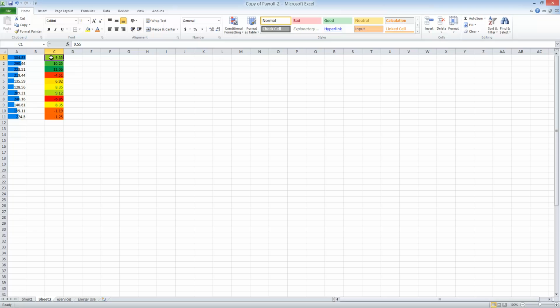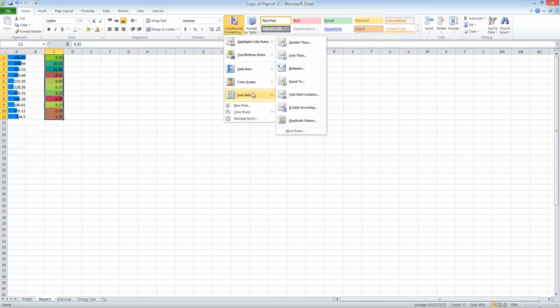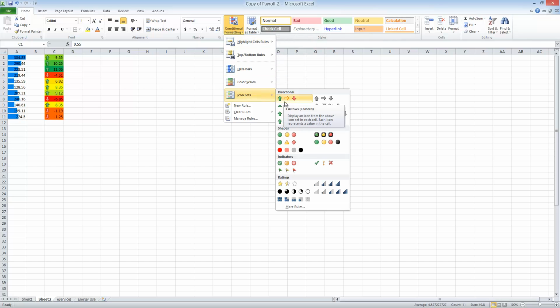Again, selecting range C1 to C11, Conditional Formatting again. We can set icon rules to this. This is similar to what you might see in the stock market. If you're familiar with watching the news and watching the stock market, you can see the arrows going up and down. So what we'll do here is click on Arrows, 5 Arrows Colored,